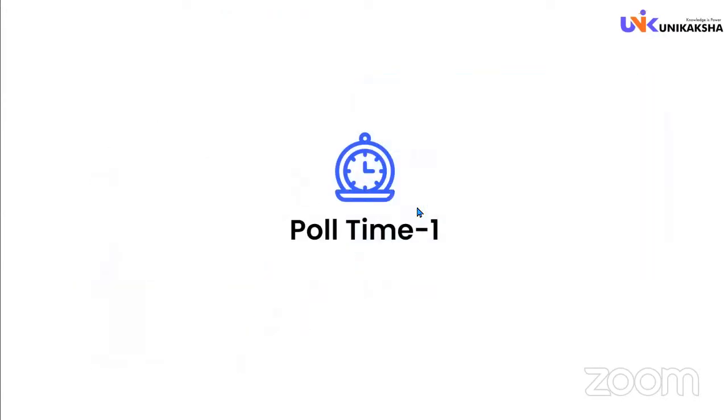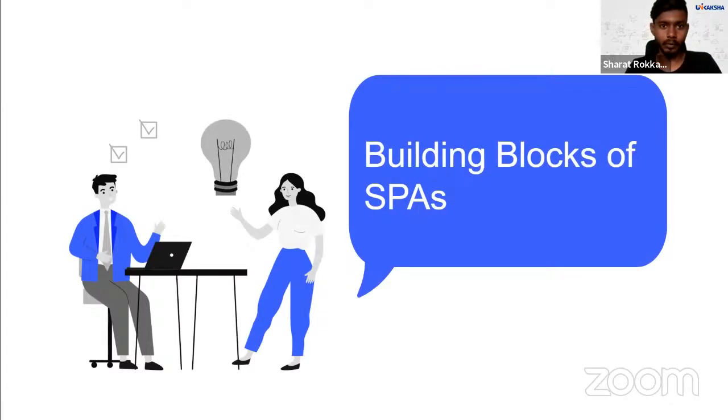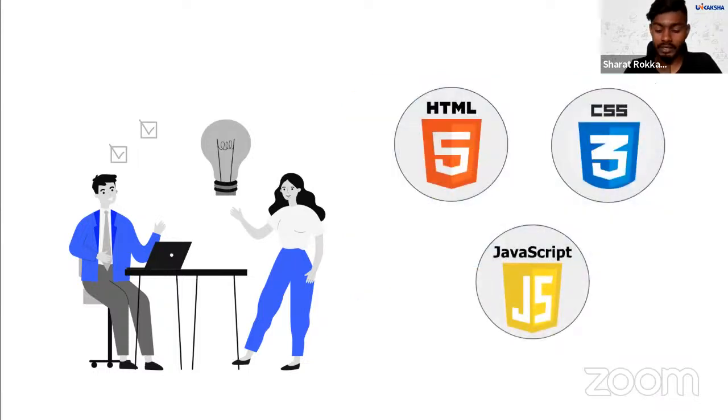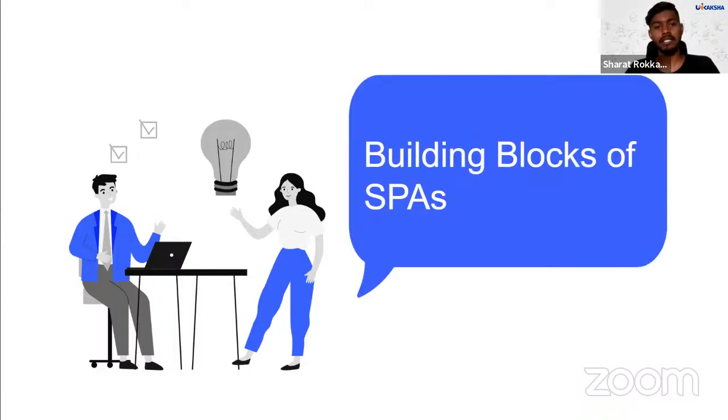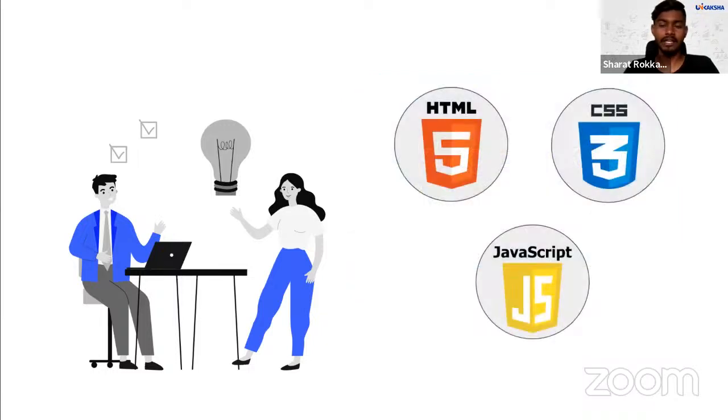Okay. So after this, let us discuss more. We have this foundation of understanding about SPA. So we should understand what makes an SPA, right? The basic building blocks of an SPA are HTML, CSS, and JavaScript. You might have heard multiple times that the foundational knowledge whenever you are diving into web development is that you need to understand what HTML, CSS, and JavaScript are.